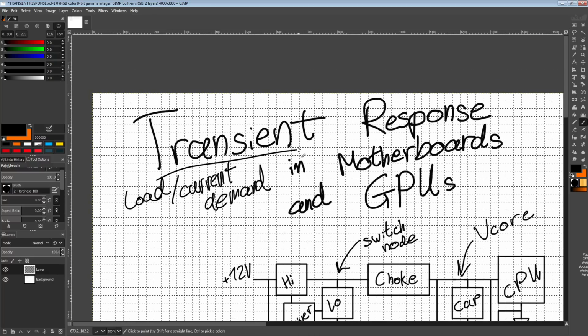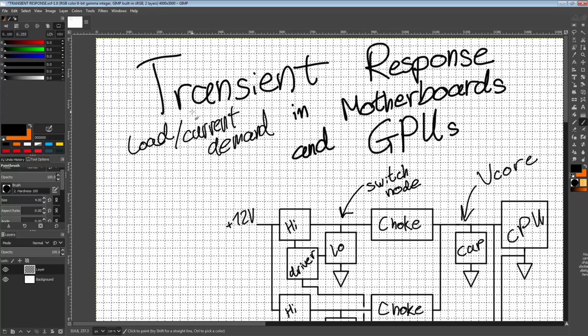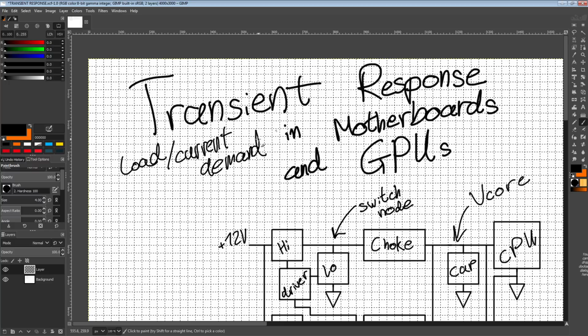Now then, transient response is a term that can be applied to, as far as I'm aware, any control system, but I obviously only care about VRMs, or at least for this video, that's the only thing I care about. So transient response is how our voltage regulator responds to a transient, and that's not very helpful, so it's how does the voltage regulator respond to a change in load, which is also commonly referred to as current demand, which